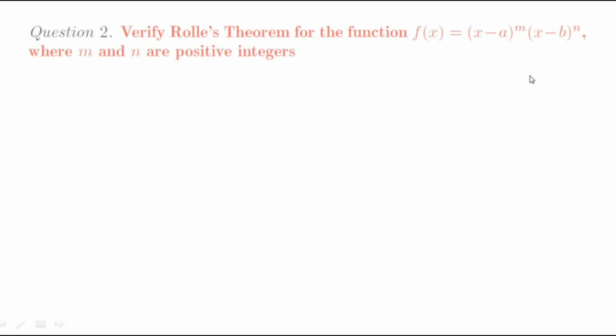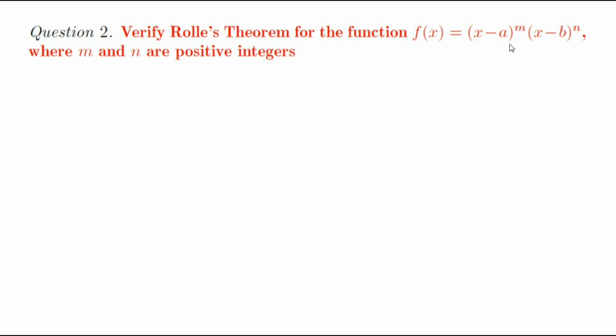In today's video, we are going to discuss a fundamental theorem called Rolle's theorem. Specifically, we will be verifying Rolle's theorem for a particular type of function. Here, f(x) = (x - a)^m (x - b)^n, where m and n are positive integers. To verify Rolle's theorem for the function f(x),